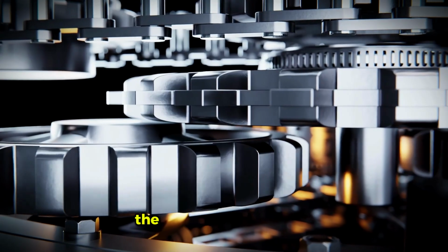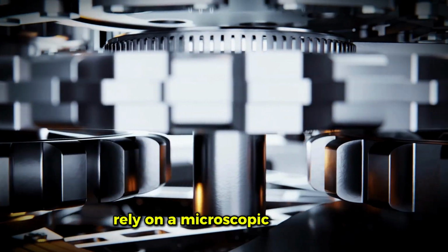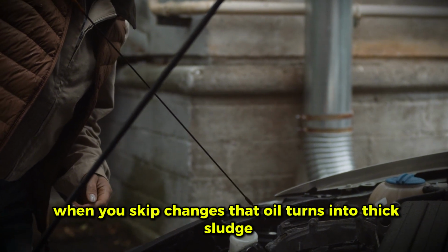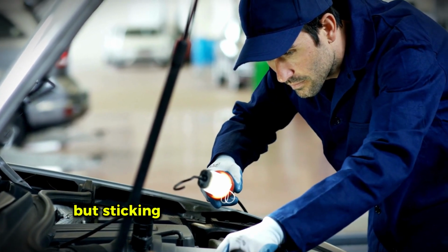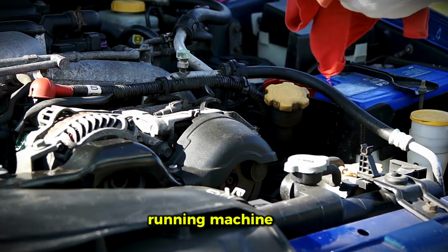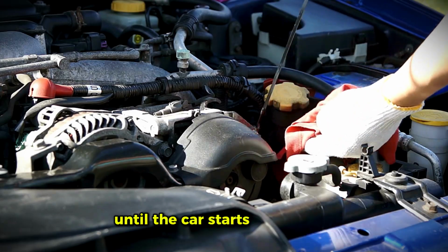engine block. The internal moving parts, like the camshafts and rod bearings, rely on a microscopic film of oil. When you skip changes, that oil turns into thick sludge, losing its ability to lubricate. You start grinding metal on metal. You do not need to do it too early, but sticking strictly to the manufacturer's interval is the ultimate foundation for a smooth-running machine. Now, let us talk about a part almost everyone neglects until the car starts acting crazy: